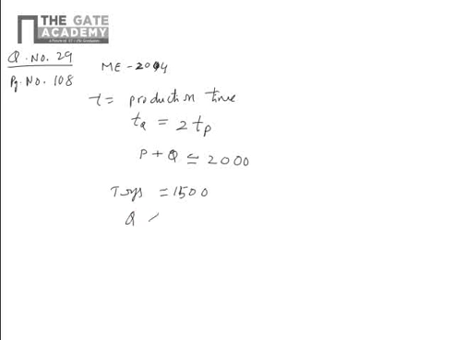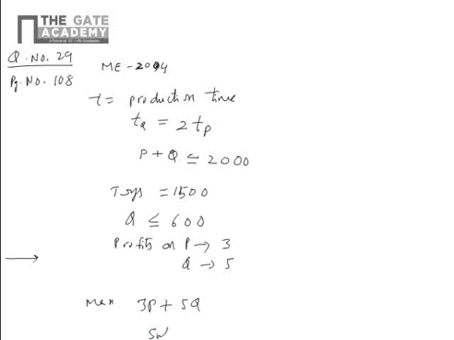So Q is less than or equal to 600, another condition. The company makes profit of 3 rupees and 5 rupees on P and Q respectively. Maximize profit on daily products. So first profits: on P it is 3, on Q it is 5. So maximize 3P plus 5Q